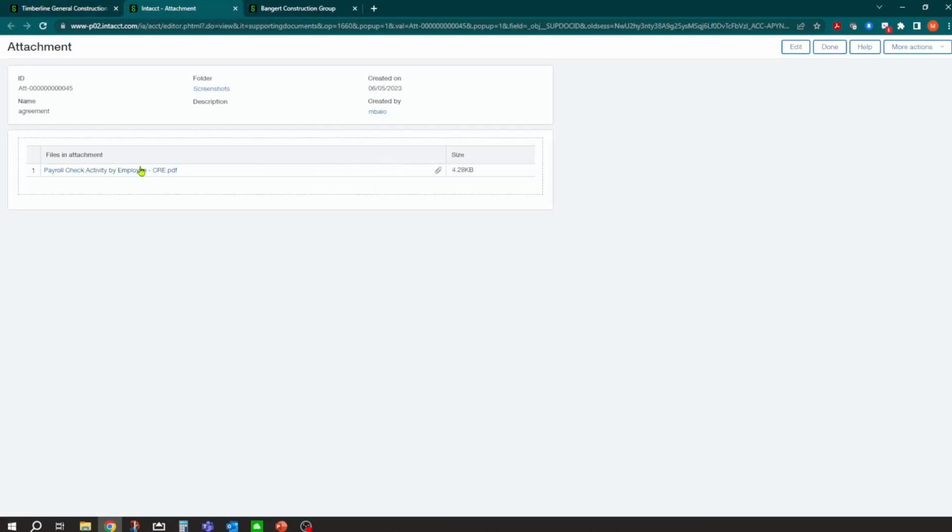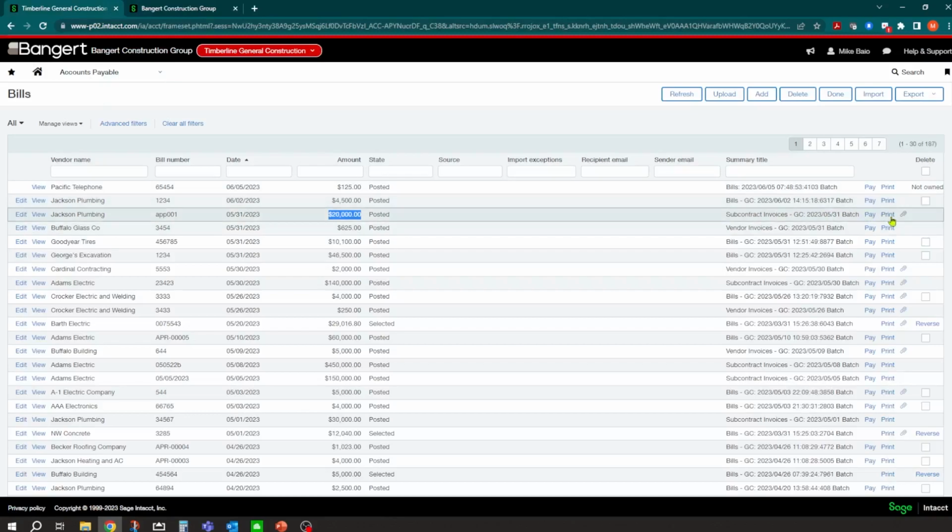And you'll notice what's nice is that document that we attached at the subcontract creation flows through to the AP bill. So if you want to see the agreement, things like that, the documents that are attached flow all the way to the payable invoice.